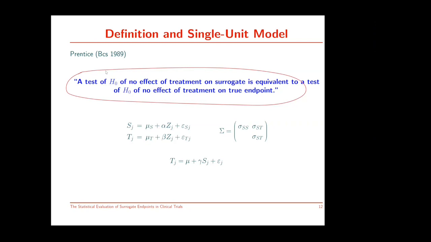Of course, if you think about it for a moment, and this is very relevant for this audience, in which many people are interested in rare diseases, you can have a small clinical trial. You will have no treatment effect on the true endpoint, no treatment effect on the surrogate endpoint, and you can say, hooray, they agree. Yeah, because you have lack of power, too small a sample size. That's not a proof, we know that, and that's also true in this area. Am I criticizing Prentice? I would not dare to do that, and Prentice, of course, knew that from the beginning,